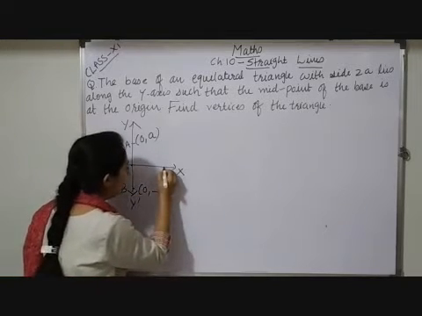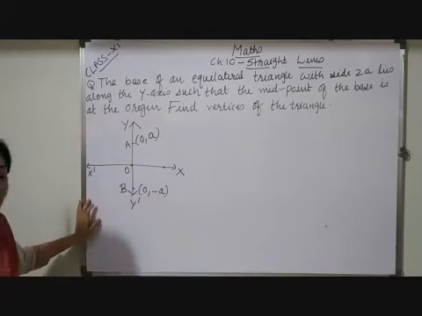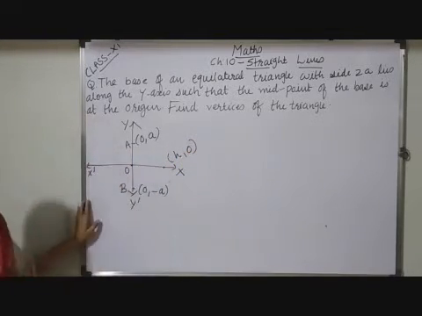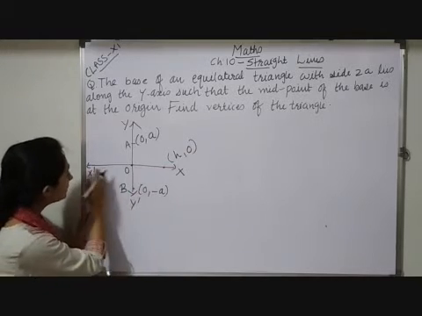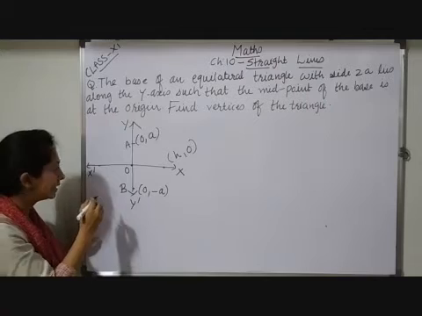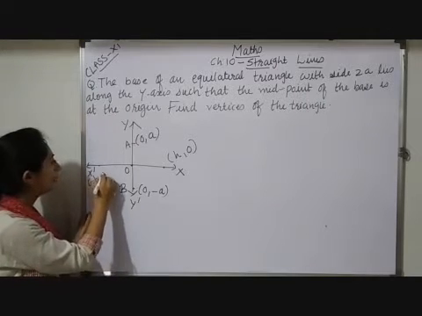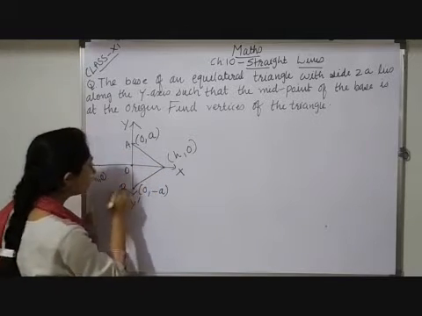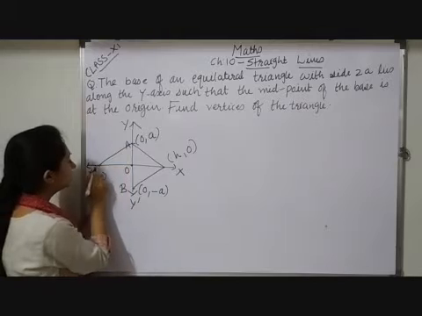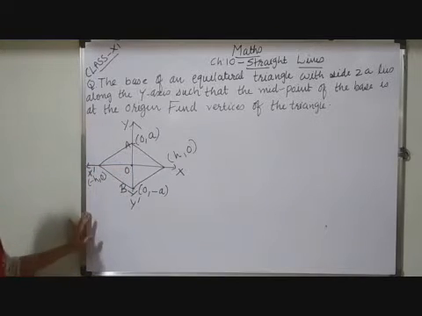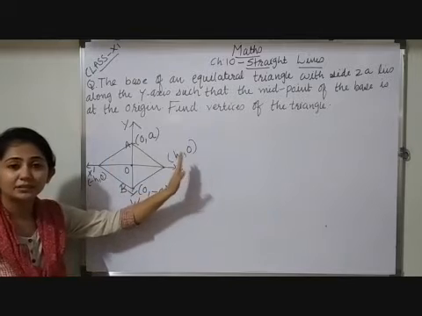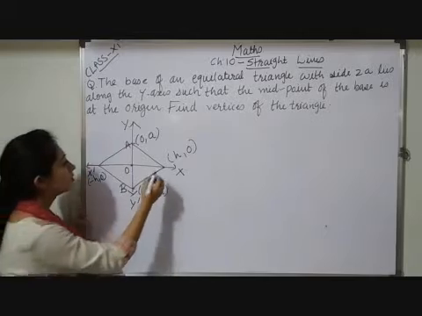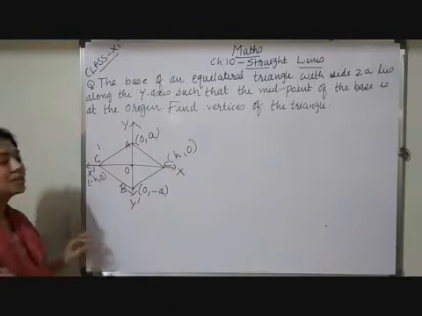So if it lies on the positive x-axis, your vertex will be (h, 0). Let this distance I am assuming as h. And if it is lying towards the negative x-axis, the coordinate will be (minus h, 0). If I join it, your diagram will be like this, and if I join it here, your diagram will be like this. Now we do not know whether the triangle is on this side or this side. Among these two, one diagram is there. Let this point be C and this point be C dash.